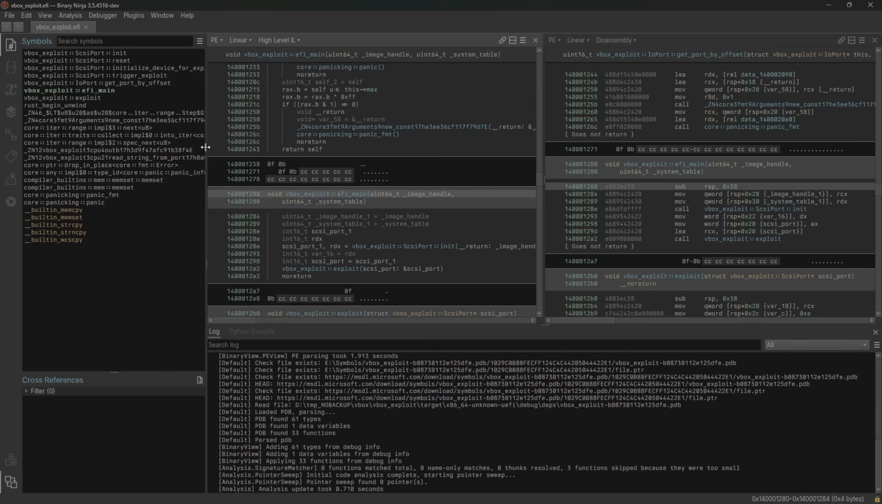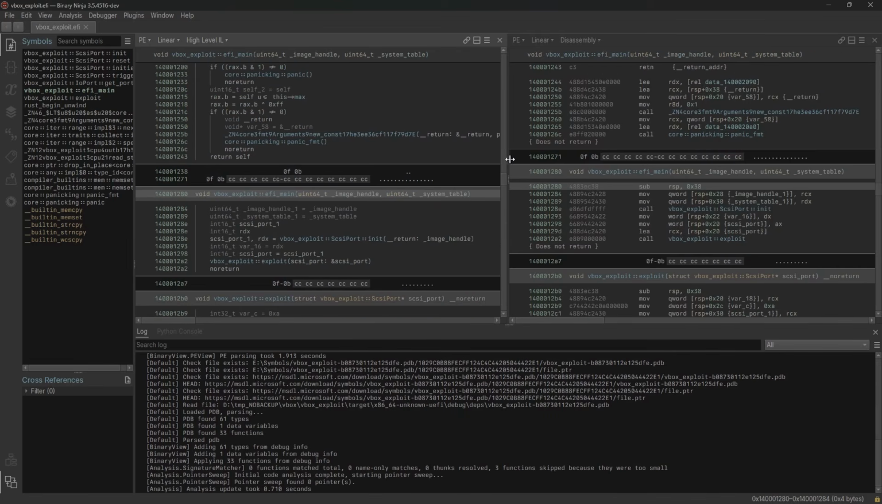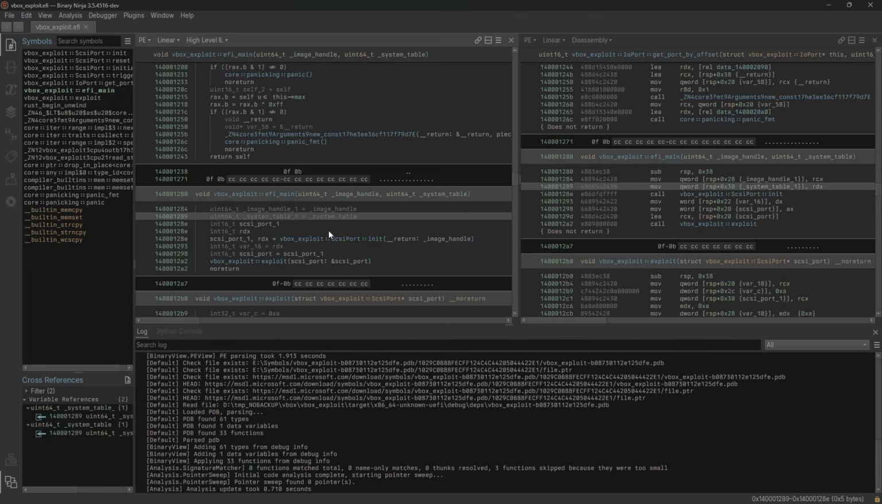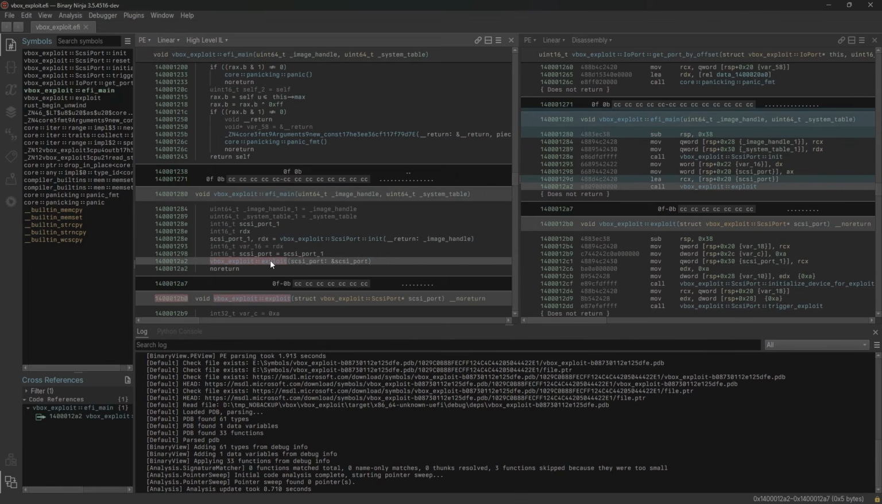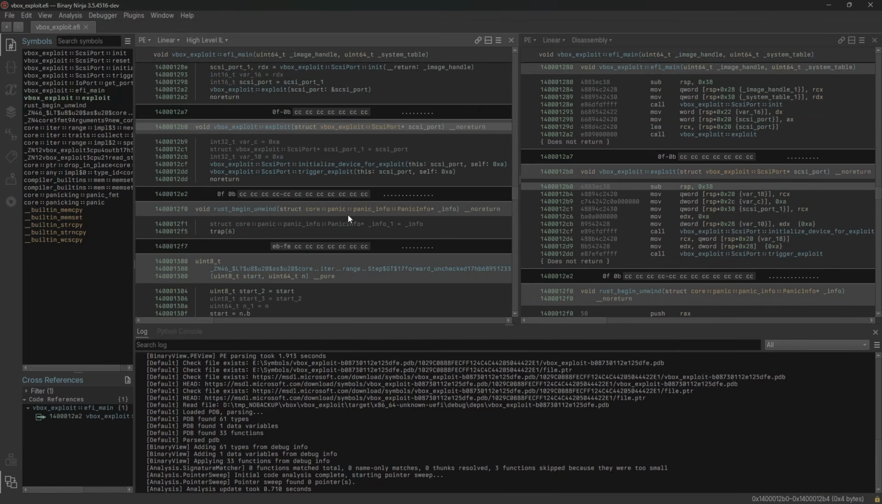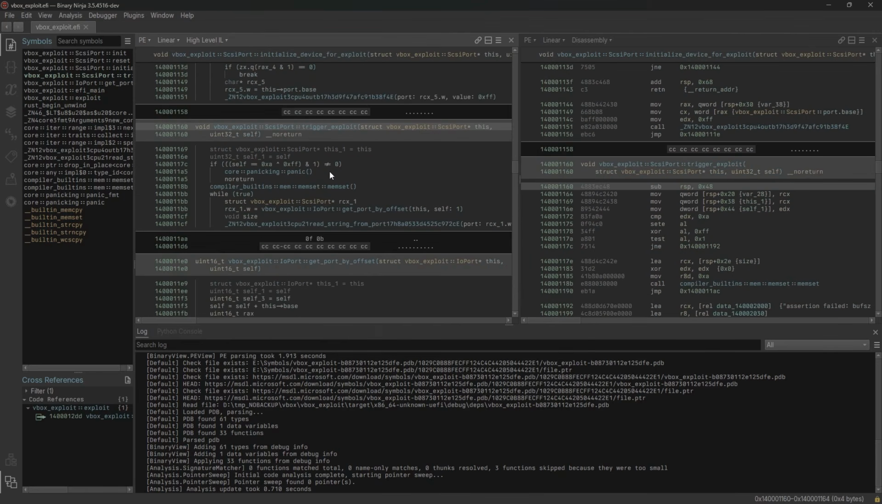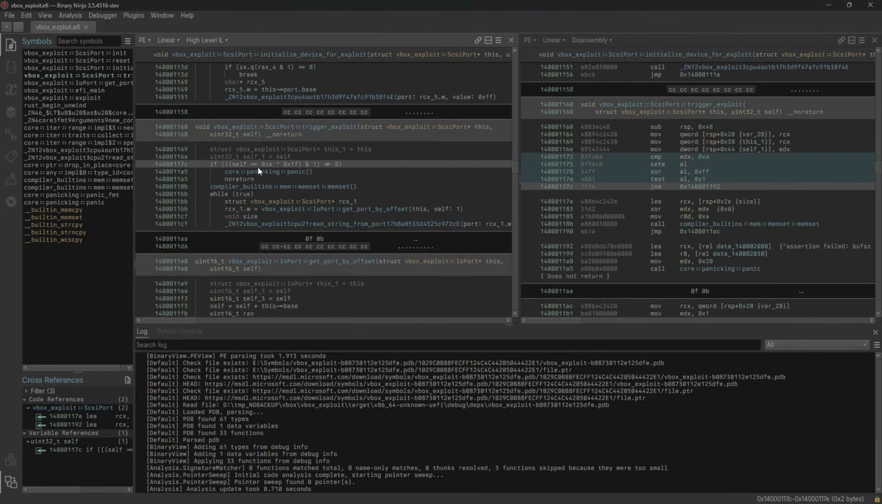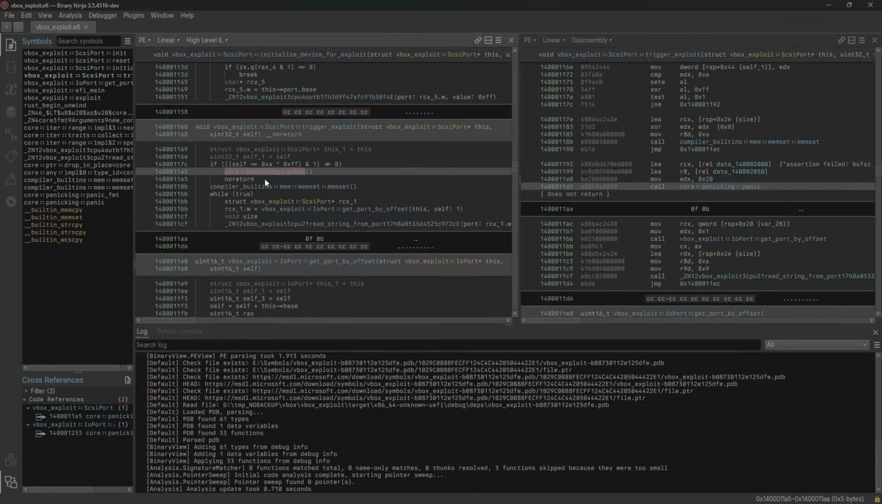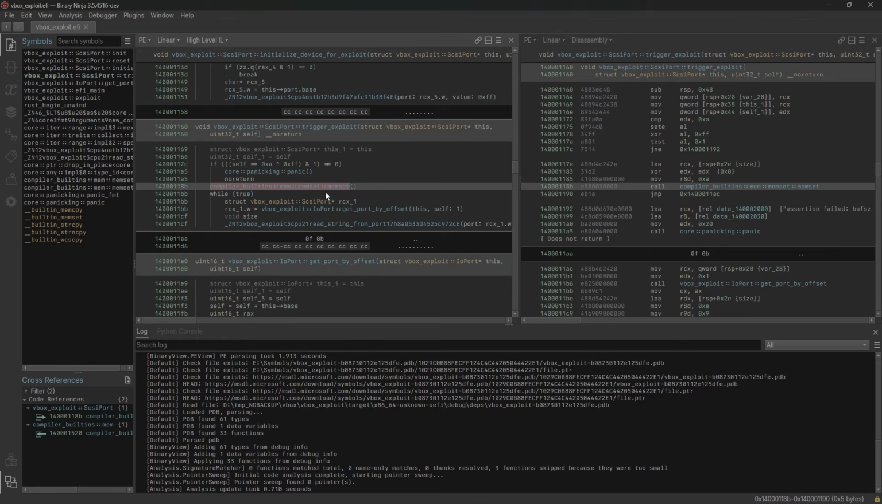HLIL and disassembly. Here's the EFI main. Goes to init, goes to exploit. What does exploit look like? Initialize device for exploit, trigger exploit. Trigger exploit, fix the sizes, does a memset,